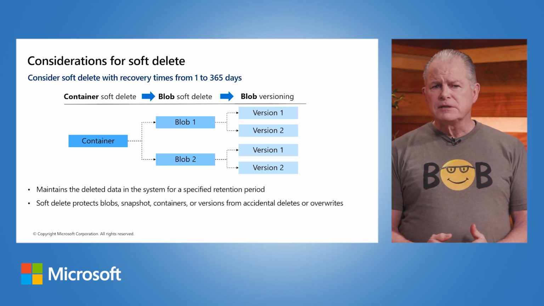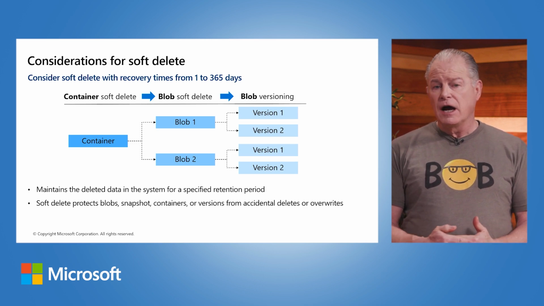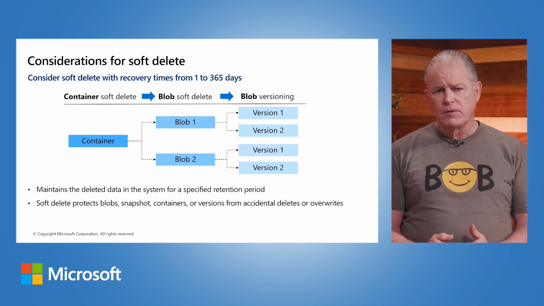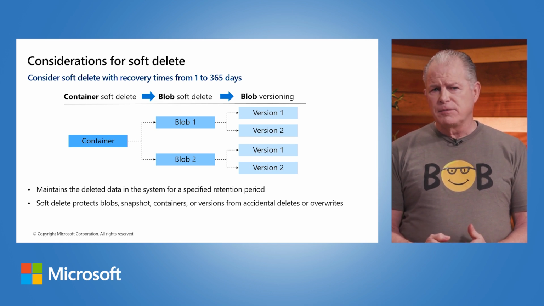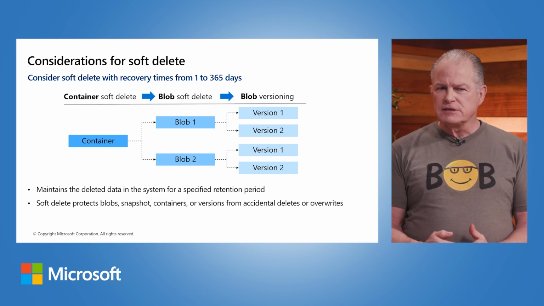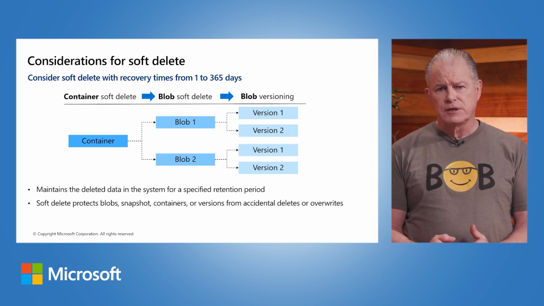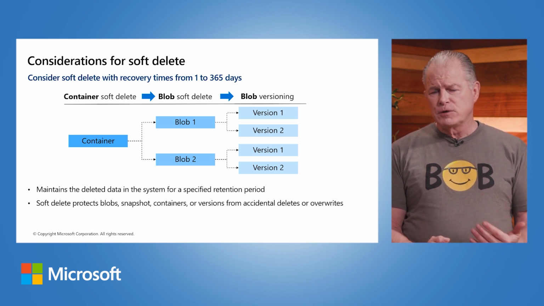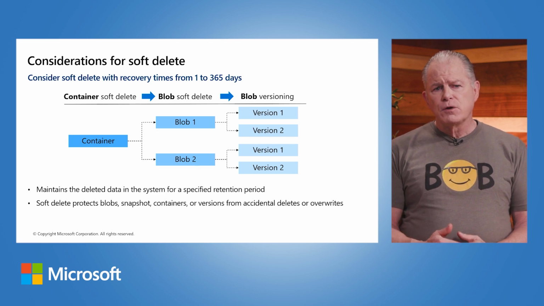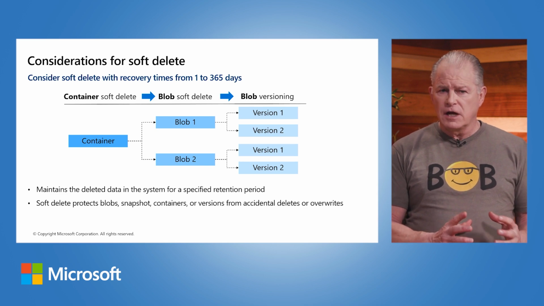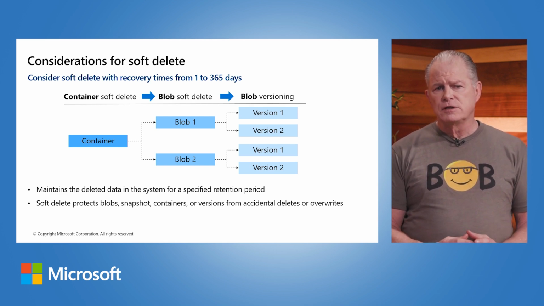Microsoft has built in some backup and recovery capabilities for the objects that are stored in the blob container. Now, while these are great ways to protect your data, it does not circumvent the fact that you may still need to perform a regular backup of this information. As capable as this is going to be, as I describe it to you, you still want to perform a regular backup, which we covered in another module. What they're showing you here is a hierarchical structure built into the Azure Blob Storage service that allows you to set up things called soft deletes and versioning.